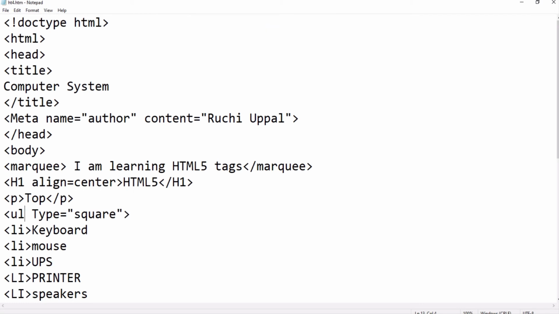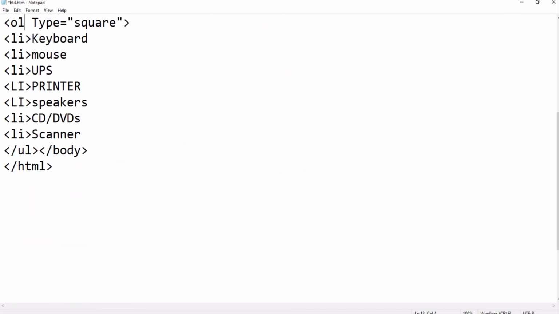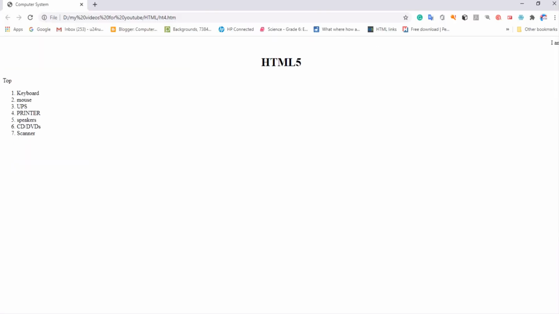Instead of writing UL, we will write OL, and we have to change the closing tag also to OL. Let me refresh the browser. You can see the numbers have come, 1 2 3 4 5 6 7. The ordered list is displayed by the web browser, and a number appears in front of each item in the list.